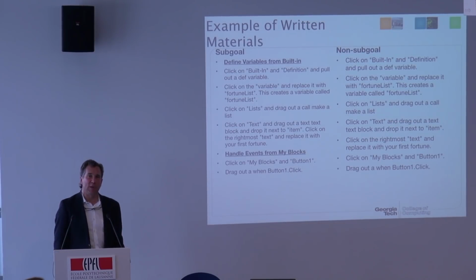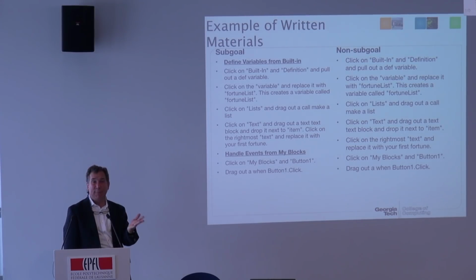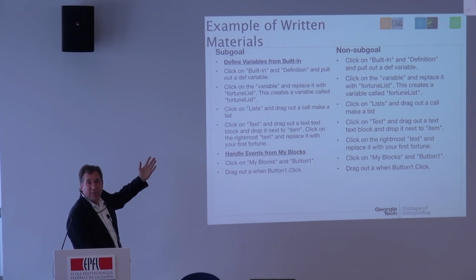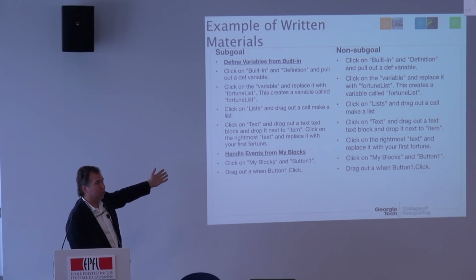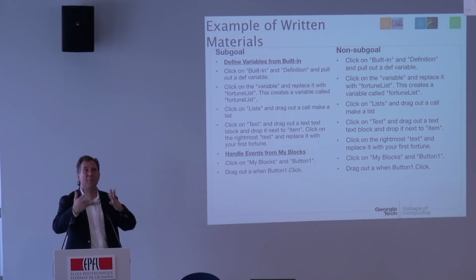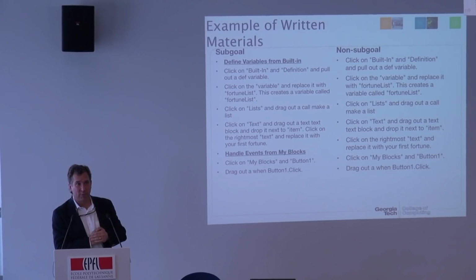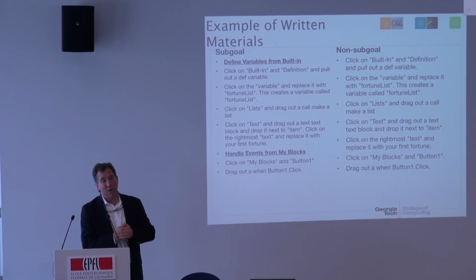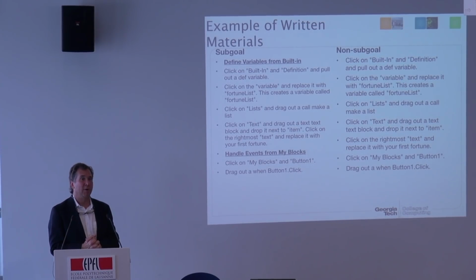So here's the idea of sub-goal labels. On the right are all the steps for doing one part of the task. On the left are the exact same steps, but I'm going to tell you, all right, so first, define the variables from the built-in. Do those things. Next, handle the events from my blocks. Do those things. These are just upper level. Here's what you're going to be doing next. You can imagine in statistics, where I'm going to lead you through, say, doing an ANOVA. Okay, first, add up all the numbers in the first set of numbers. Now divide it by the number of numbers that are there. Now add up all the second set of numbers. Now divide it by the number. I could say to you, take the average of the first numbers, right? And then give you those steps. That gives you a structure, a sub-goal label. It gives you a way of thinking about all the different steps that you're doing.